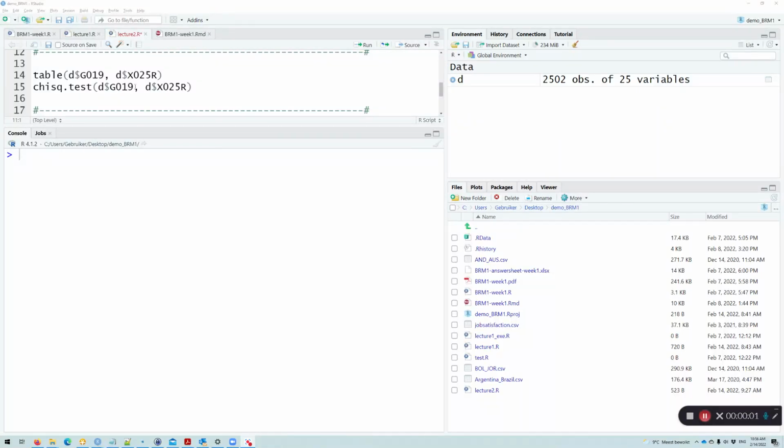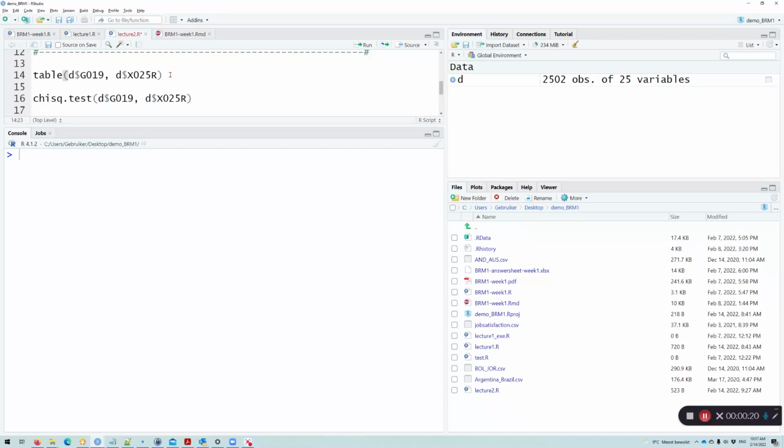Okay, in this video I would like to show you how to conduct a chi-square test. Before we start, you would like to inspect the variables that you want to test. Again, we take this cosmopolitan attitude variable G019 from the World Value Study, and we take the recoded education